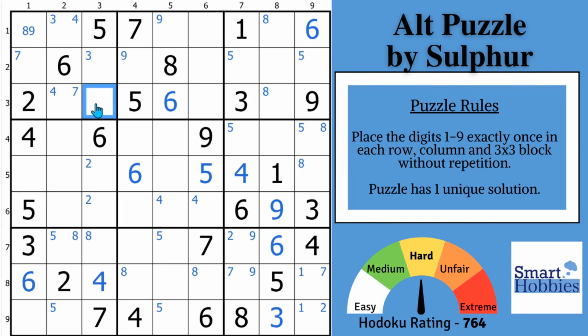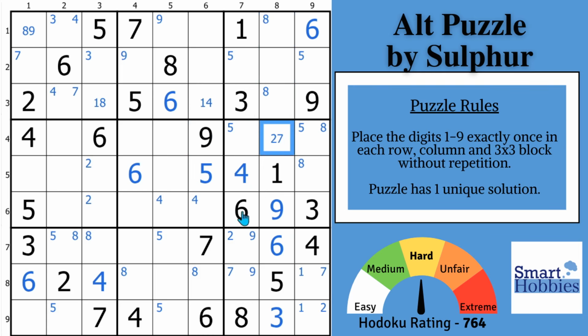And if you look right here, this can't be a 2, 3, 4, 5, 6, 7, or a 9. So that's a nice 1, 8 bivalue cell. If you look in this cell, it can't be a 2, 3, 5, 6, 7, 8, or a 9. So this is a 1, 4 BVC. And then if we go over here in block 6, this cell cannot be a 1, 3, 4, 5, 6, 8 because of the pointing pair of 8s, or a 9. So this is a 2, 7